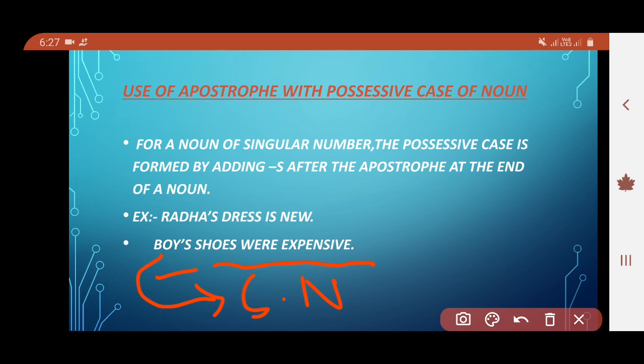So in this sentence boy is the noun which is in singular number and we are making it possessive. So we are writing boy, and we are writing apostrophe s. We are writing s after the apostrophe at the end of this noun. Now it is in possessive case, and what is it possessing? It is possessing what? Shoes. Okay students,